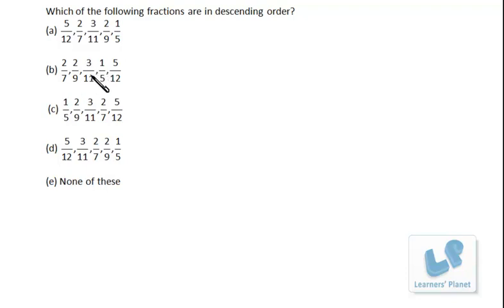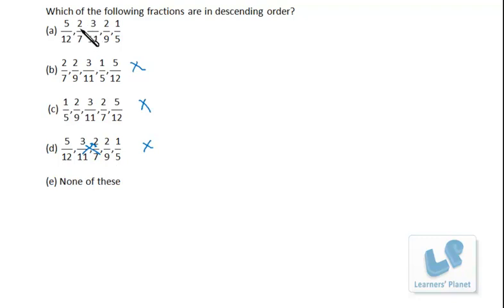into 3. That means 3 by 11 is greater than 2 by 9, right? So that should come prior to 2 by 9. So this is a wrong option, right? Similarly, this is also wrong because 2 by 9 is coming before 3 by 11, right? In this option, let's take up this. 7 3s are 21 and it is 22, right? So 2 by 7 is greater than 3 by 11, so this is also incorrect. So this is 7 5s are 35, 24.